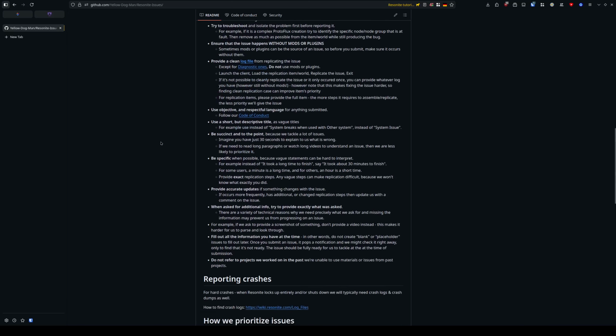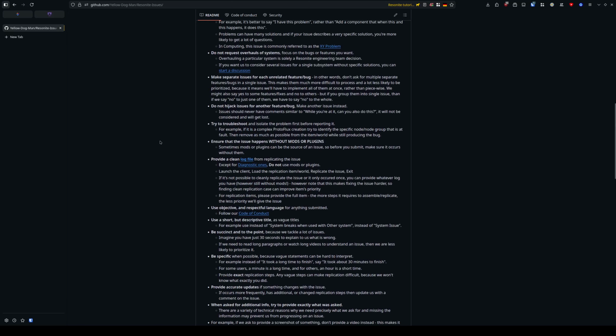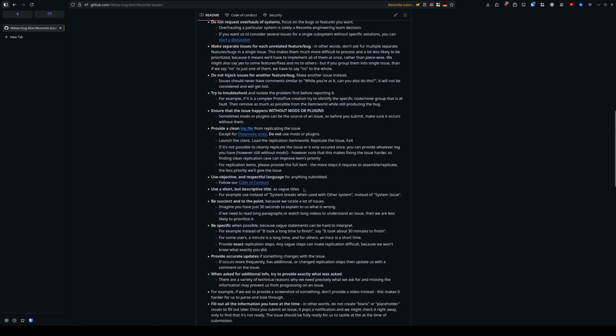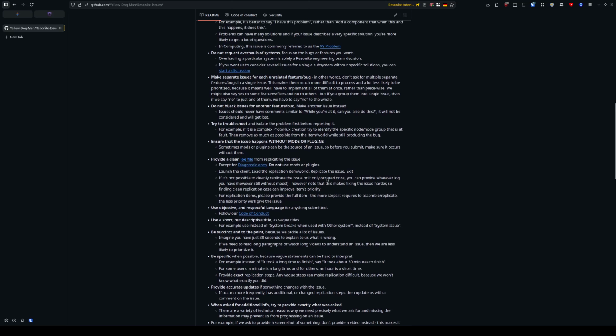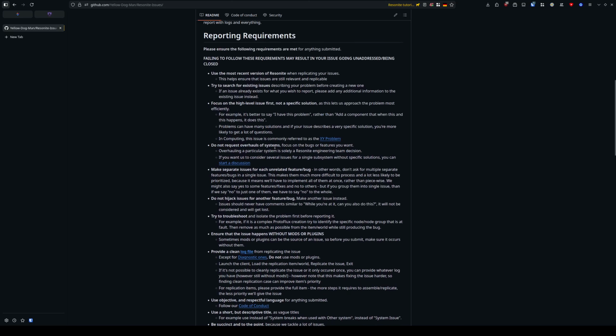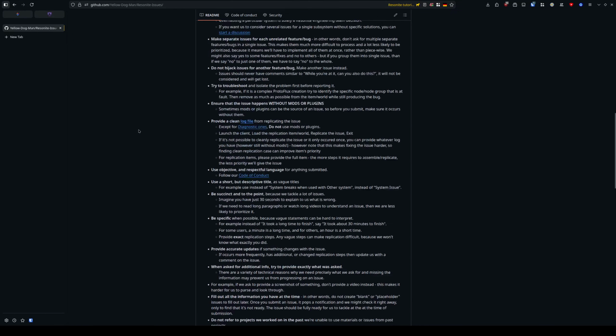There is a lot of stuff there, but to condense everything, it goes from really simple stuff such as giving a log file when you encounter a bug, of course, given log files contain diagnostic data that we need to work with, to also being respectful, given this is a bug tracker, not a message board or some kind of debate forum. Also being specific in what you request or what you report on, etc. Once you've read through this,